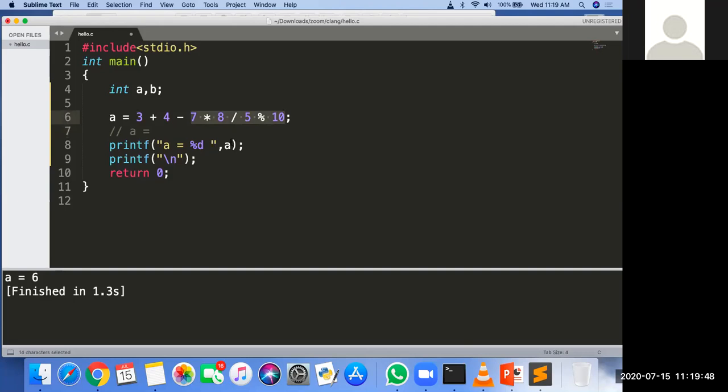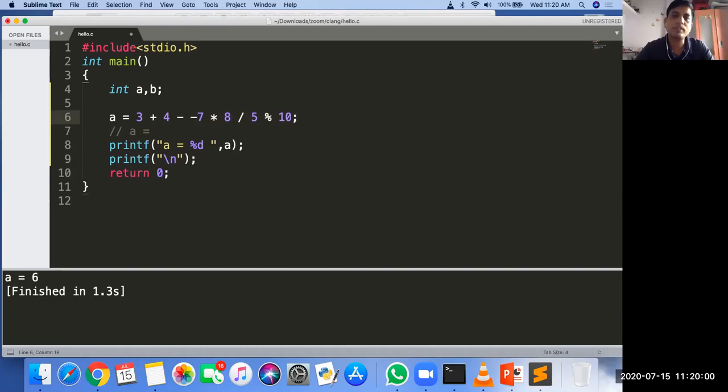Unary operator is not there here. Unary also has plus and minus only. Suppose it is minus 7, then it is a unary operator. If this one has plus 3, it is a unary operator. But if the operator has 2 operands, then you can say it is a binary operator.